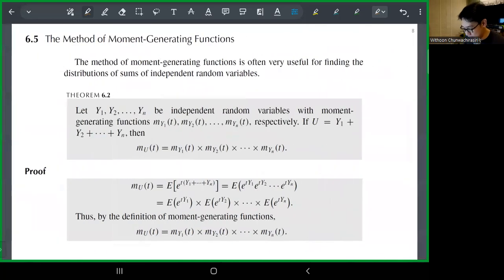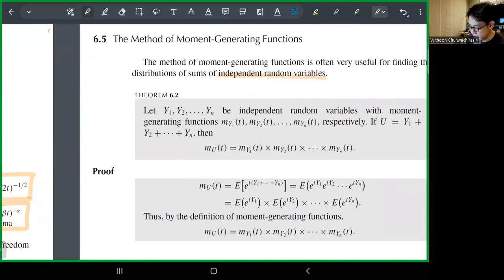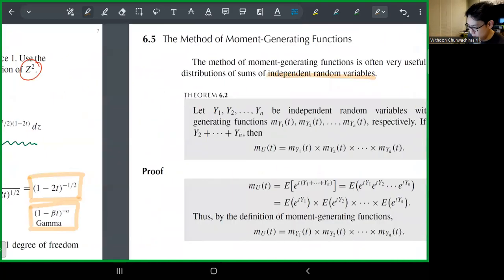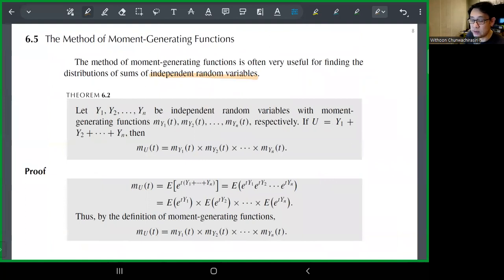All right, guys. So that's it. With that, the moment generating function is often very useful for finding the distribution of the sum of independent random variables. Of course, I said we're not going to ask you this in the exam, and I don't think we're going to have you do this to prove things. But the nice thing about this one is, I think we're already at a point where you understand why we love independent random variables so much, and why we love to conclude that every time you have things that are independently distributed or related,